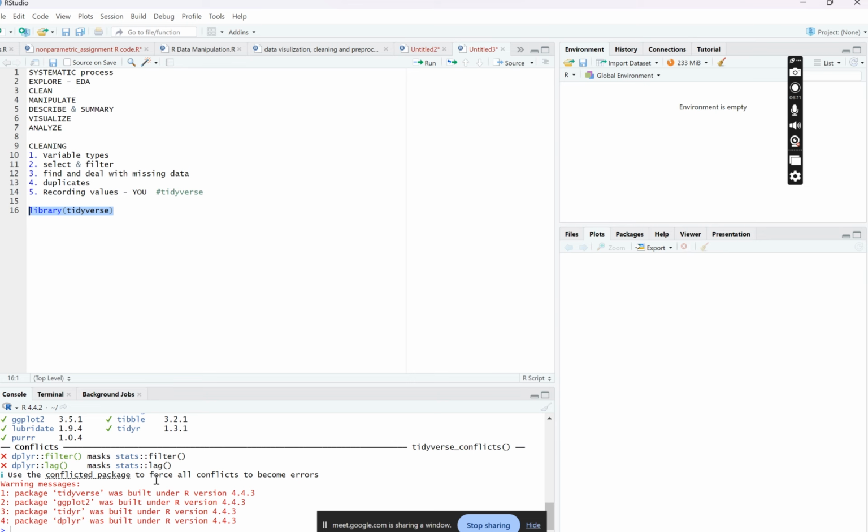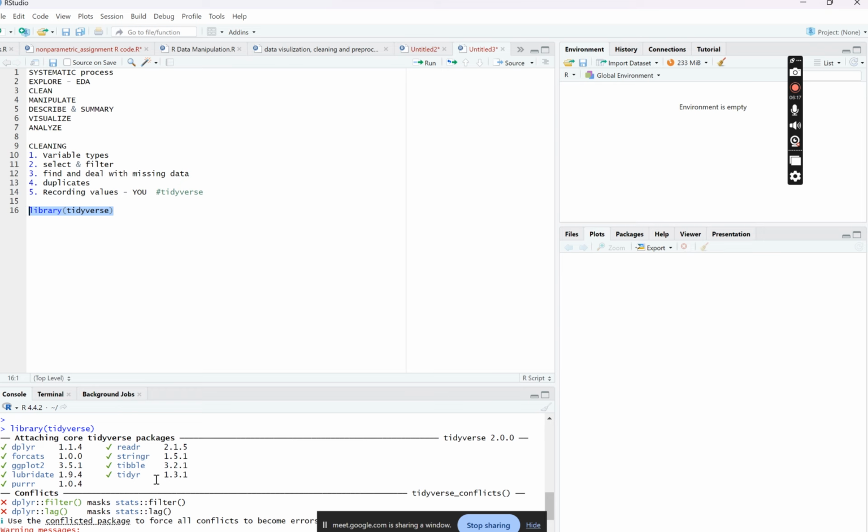Okay. Warning, built under... Oh, it's okay. It's attaching core tidyverse packages, readr. So you can see some of the functions that are inside tidyverse. We also have dplyr inside there. And